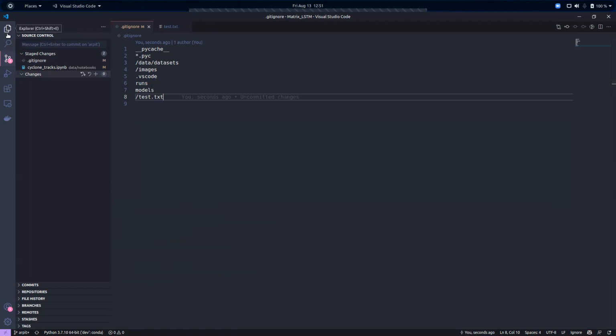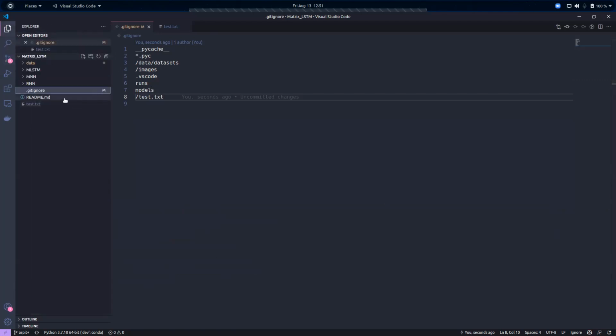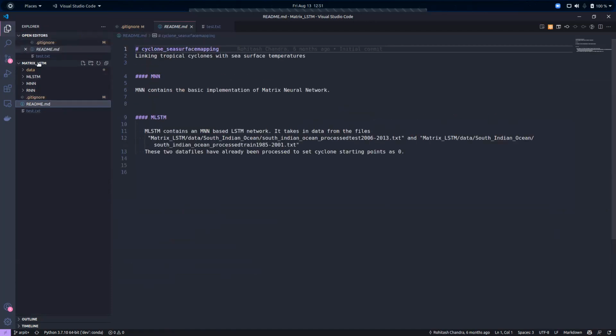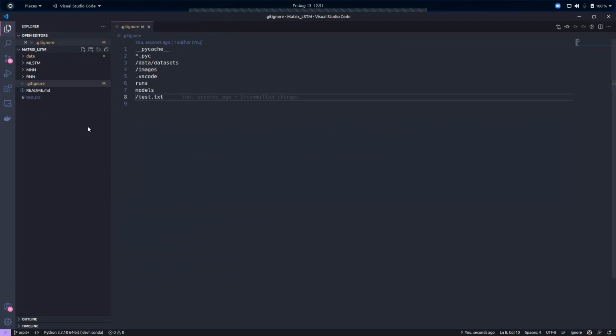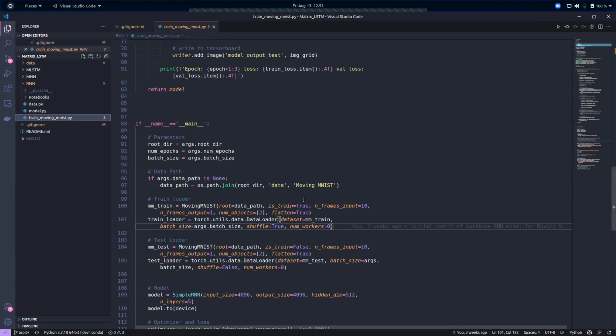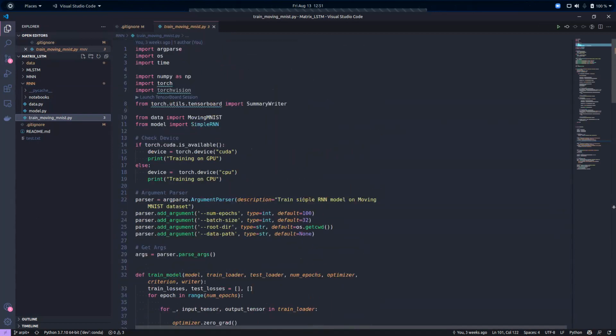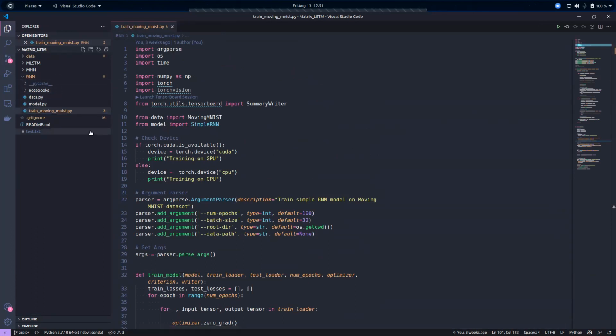So gitignore is another Git feature that I think we can use to avoid clutter inside the repositories, right? And aside from gitignore, another thing that I really would like to point out is, instead of using one long script to do everything, it's a good practice to break down your scripts, generally in machine learning code, into multiple scripts.